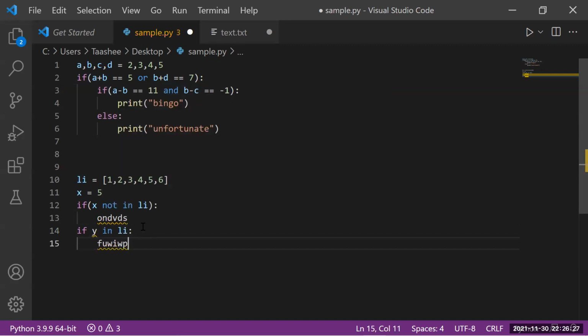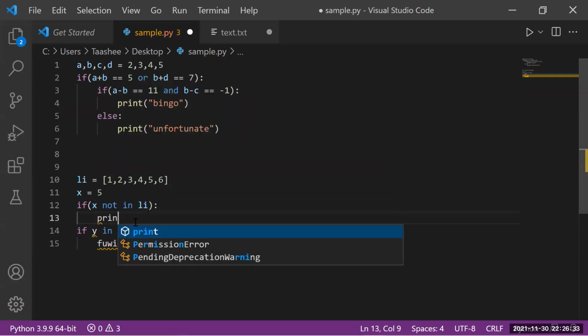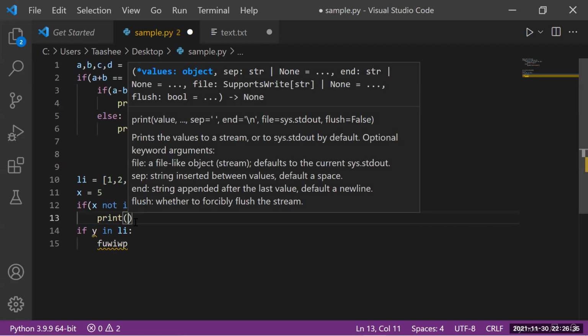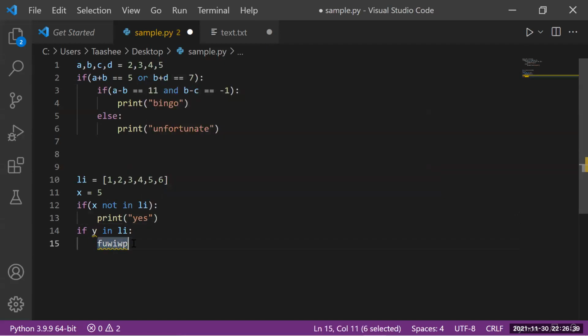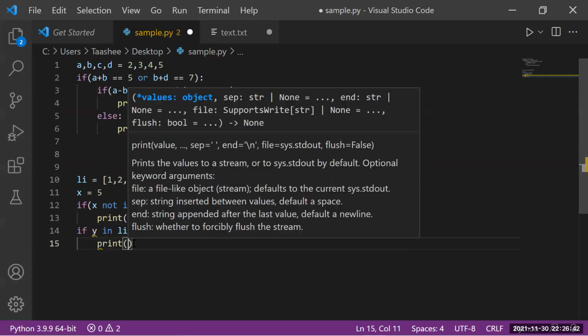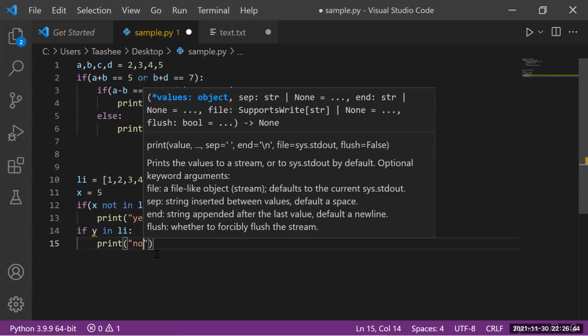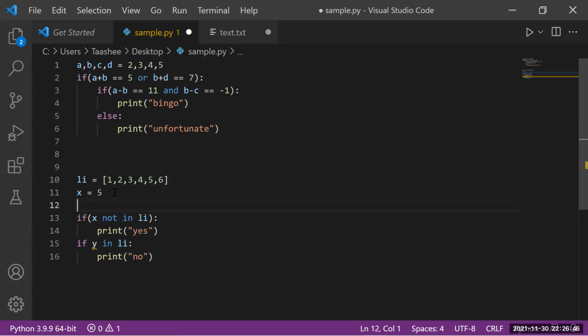Got it? Are you understanding this? Let me write something as it is. Print of yes, and here print of no. And let me just give y equals to 7.